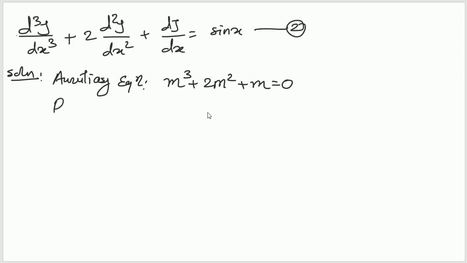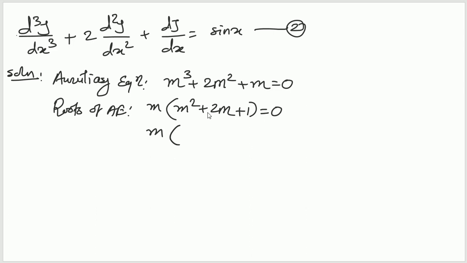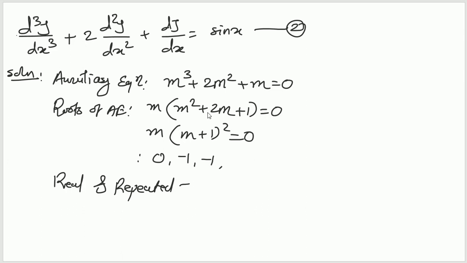The next step is you have to find roots of this equation. So for that, you have to factorize it. You can take m common from every term. It will be m into m square plus 2m plus 1 equals to 0, which is, now this bracketed term is nothing but m plus 1 square. Okay, so therefore roots are 0, minus 1, minus 1. So now we have real and repeated roots, right? Real and repeated roots, and the complementary function